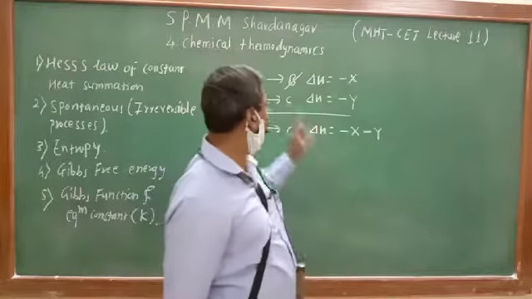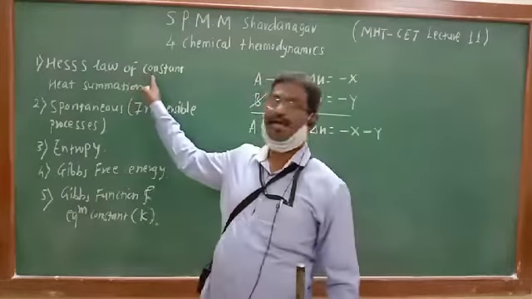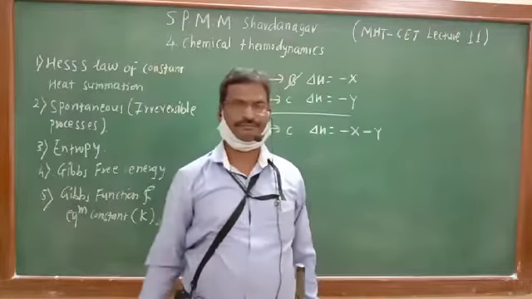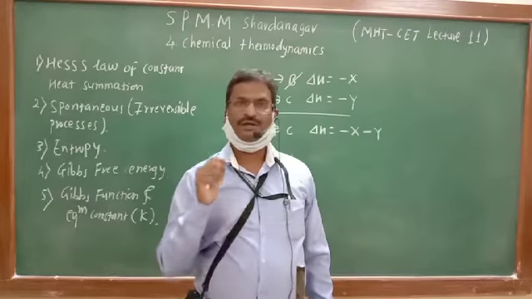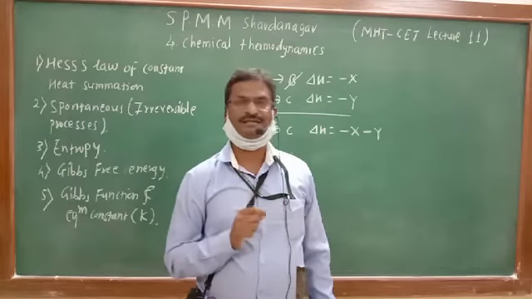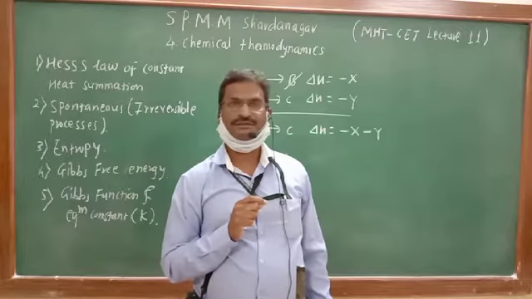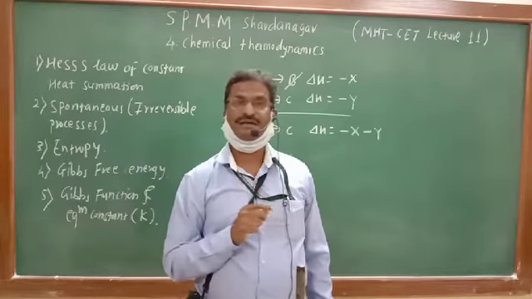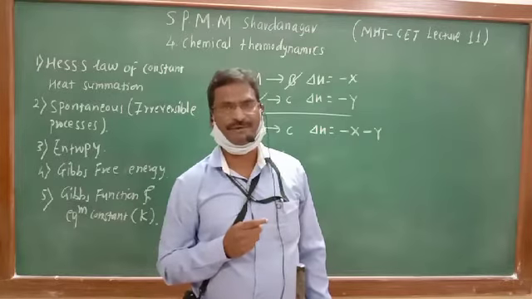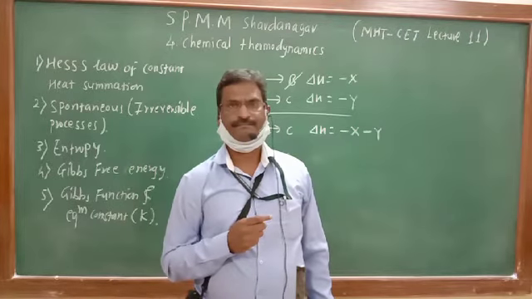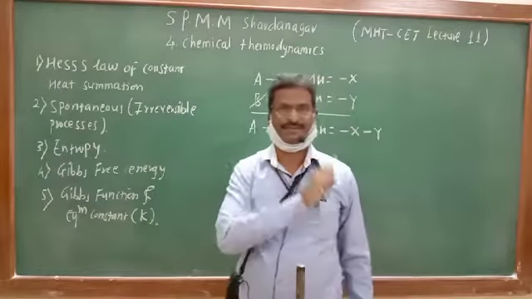and that just depends on the initial state and final state of the system, is known as Hess law of constant heat summation. Hess law of constant heat summation can be stated as: the enthalpy change during a chemical reaction is constant, is the summation of enthalpy changes during individual steps of the chemical reaction. That is Hess law.